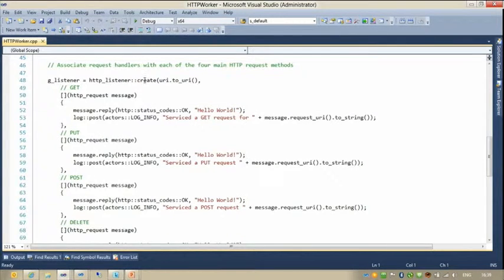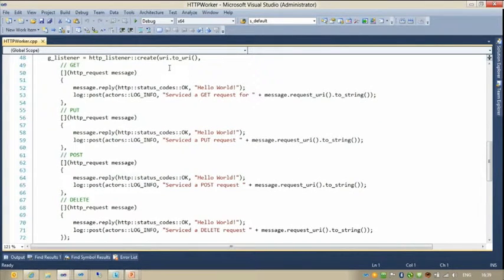But then we call HTTP listener create again. It's the same call we saw earlier. This time, however, we pass in the URI we constructed ourselves, and then we pass in 4 handlers rather than just one handler. The 4 handlers are one for get, one for put, one for post, and one for delete.